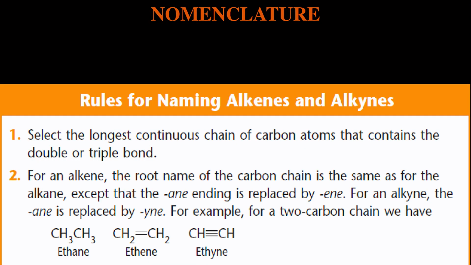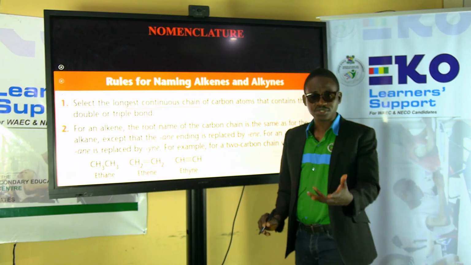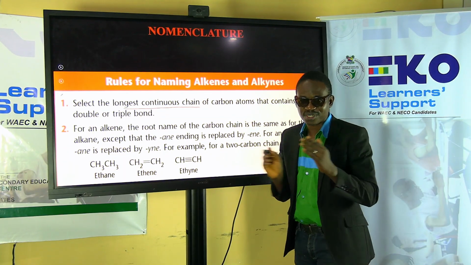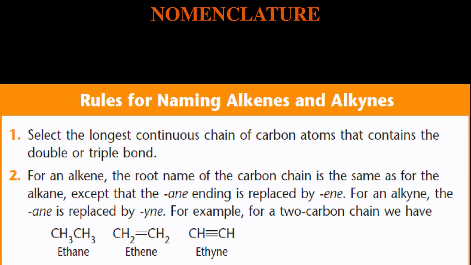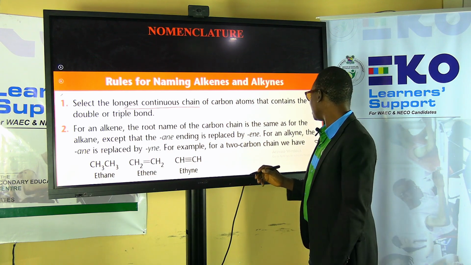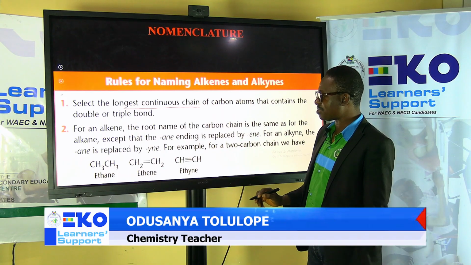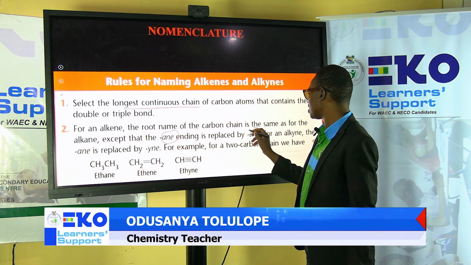Again, the longest continuous chain of carbon atoms that contain the double or the triple bond. This tells you that you need to be aware of the position of the double bond and the triple bond. For alkenes, the root name of the carbon atoms is the same as for the alkane, except that the ANE is replaced with